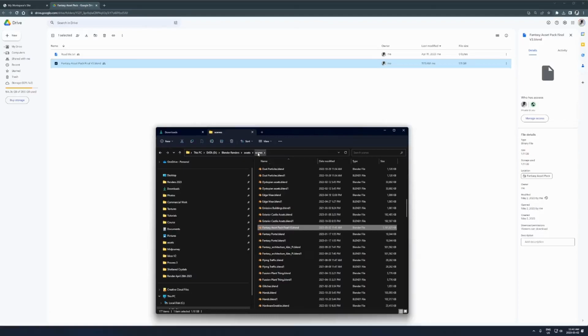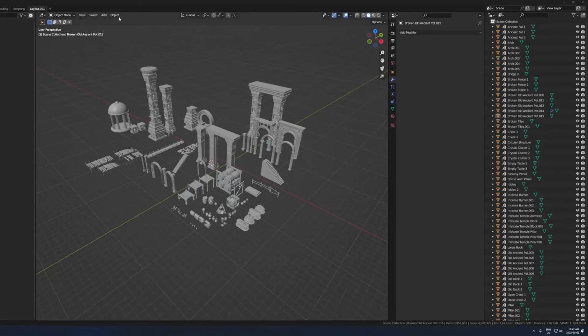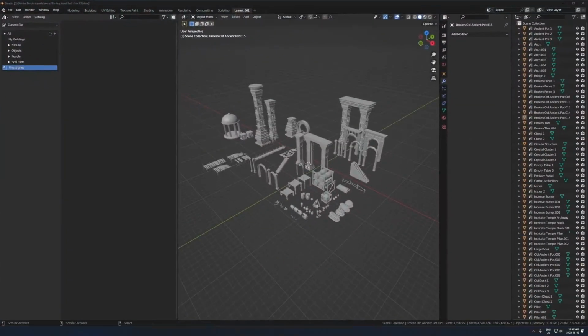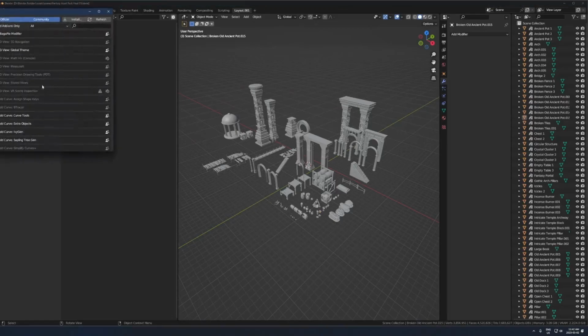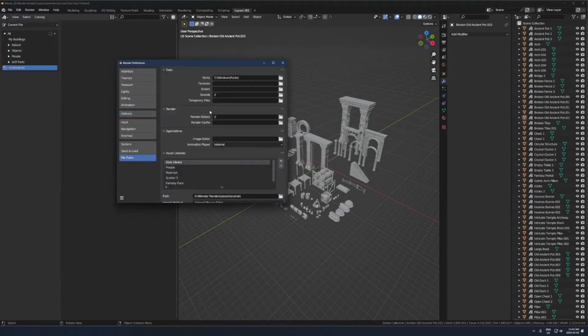The reason I'm putting it into this folder is because I have set this folder in my asset browser in Blender to read from there. And I'll show you how to do that right now if you're not sure. So I'll open up Blender and I'll show you how to do this. Actually, let me just open up the fantasy asset pack so I can show you. It doesn't matter if you open it through this file or not. You just need to go into preferences and I'll show you how to do that. So let's go in Blender, edit, preferences, go down to file paths,